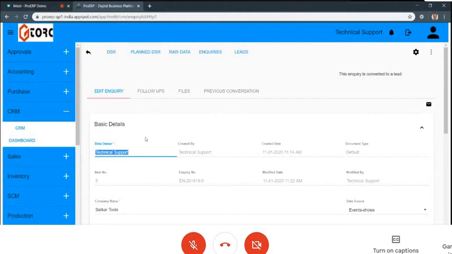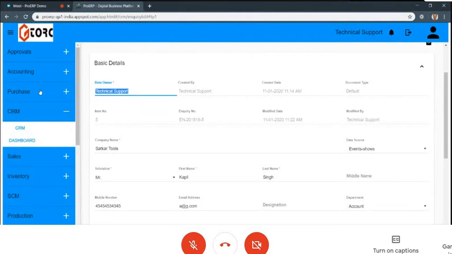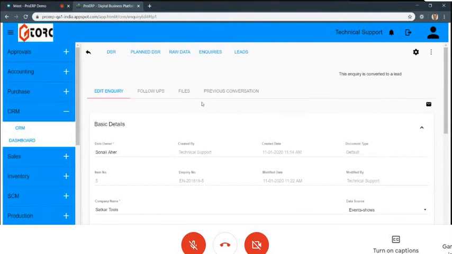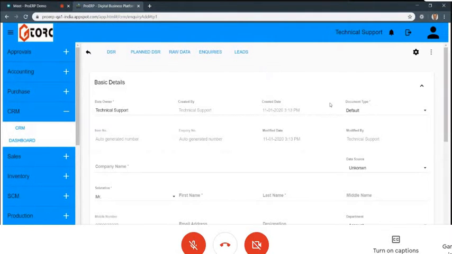Okay, so who is the owner of that? And you can change the owner as required. You type in and it shows the matching users. So this is how we can change the inquiry owners from here. By default, whoever creates the inquiry becomes the owner. Okay, fine. And let me create one sample inquiry so we see it properly.